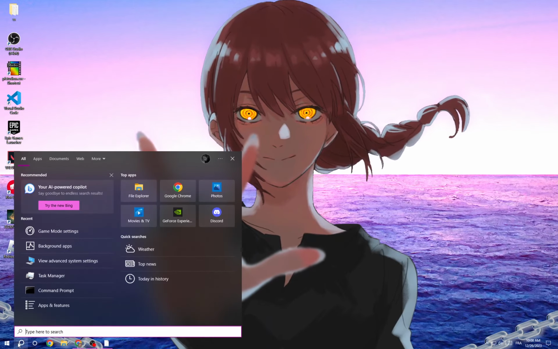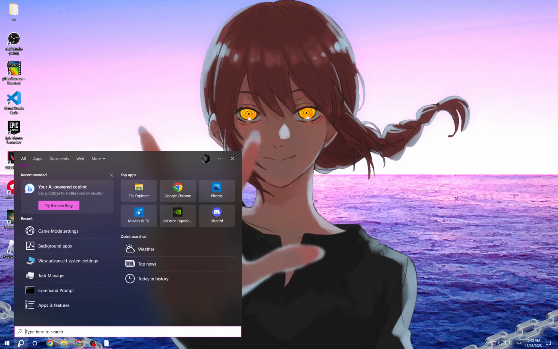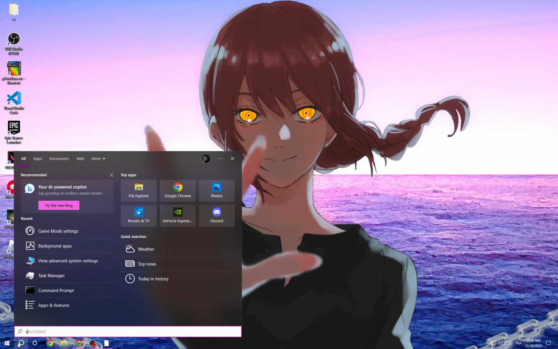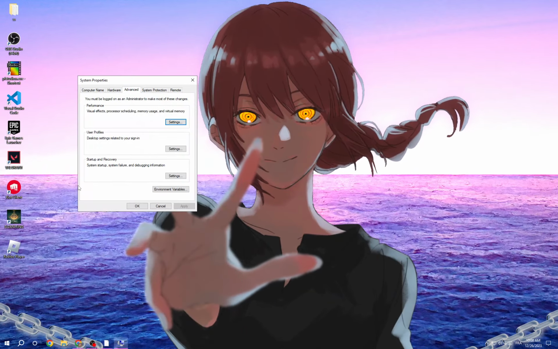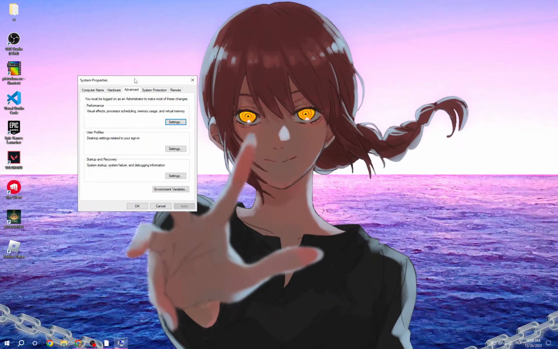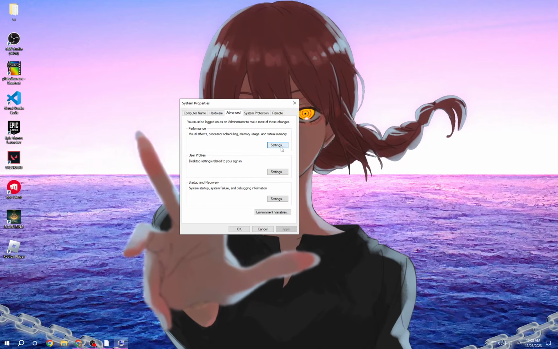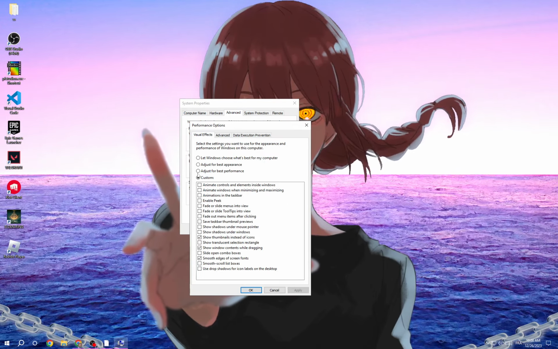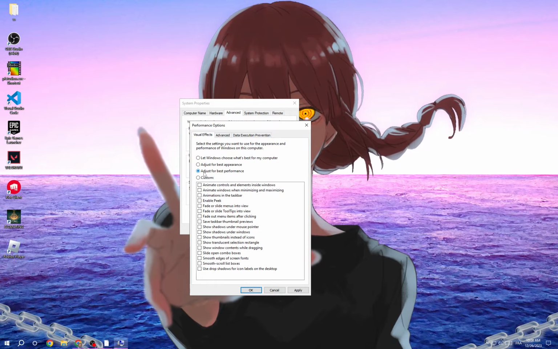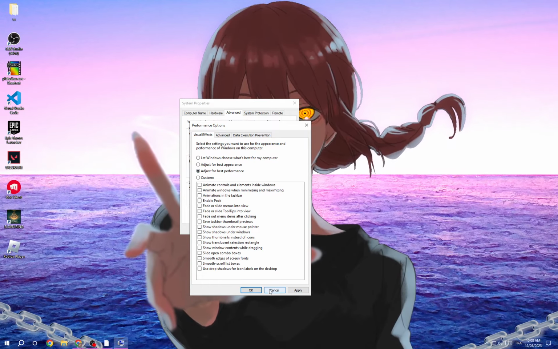First click here and now type view advanced system settings and then click performance, click settings and then adjust for best performance, click apply and then OK and go back